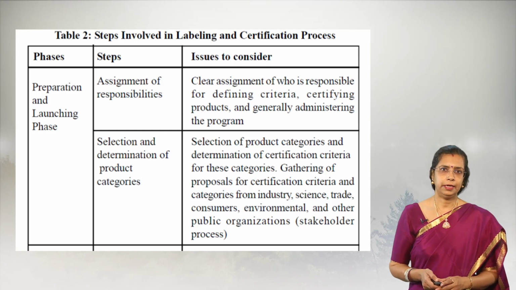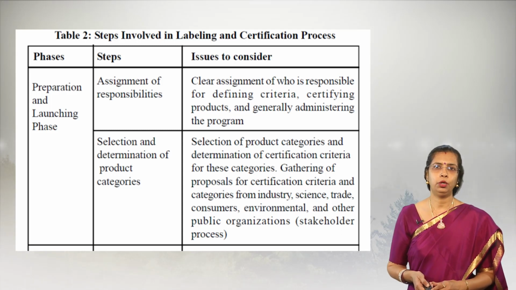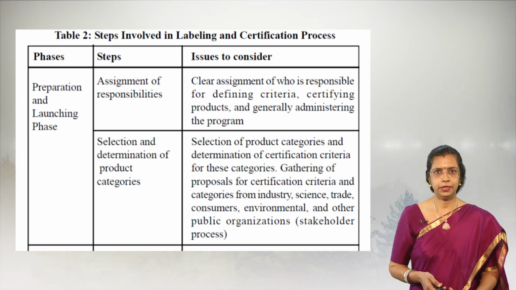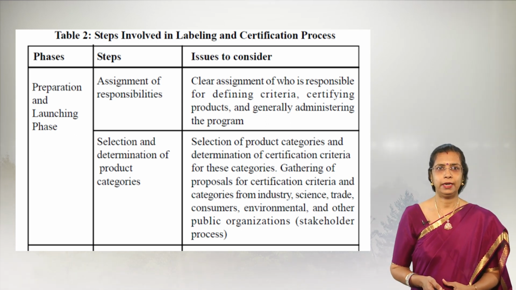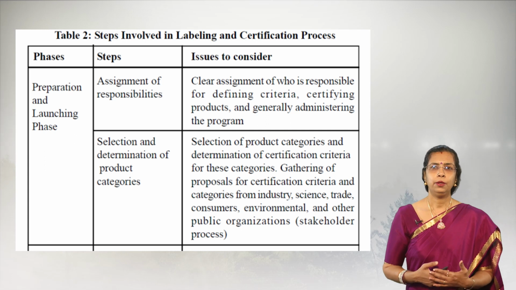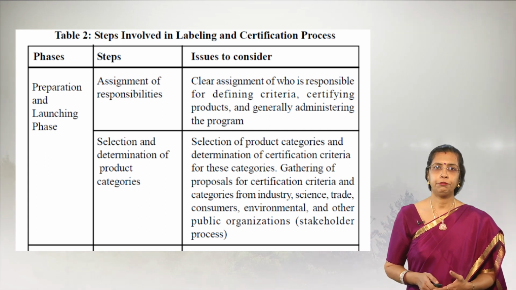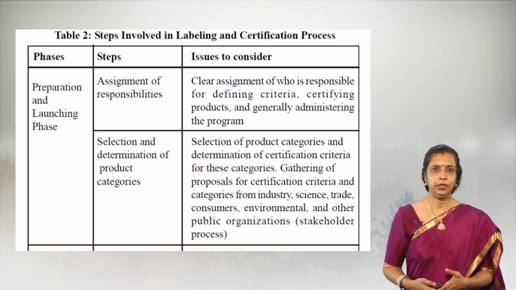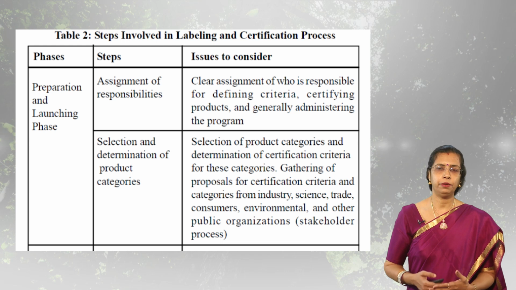Now, this is the table which shows the steps involved in labeling and in the certification process. The first phase includes the preparation and the launching phase. The first step includes the assignment of the responsibilities, that is, who is responsible for defining the criteria, for certifying these products and administering the entire program. Then there is a selection and determination of the product